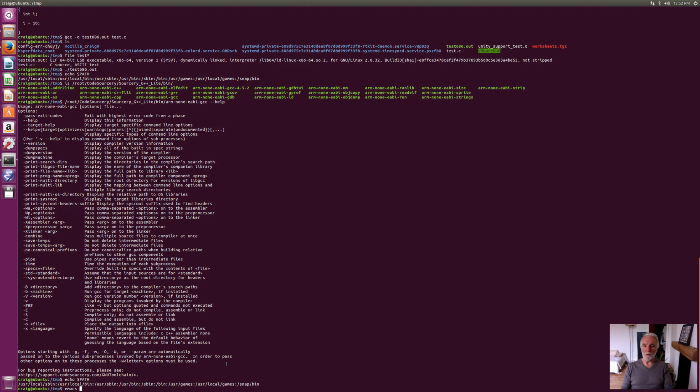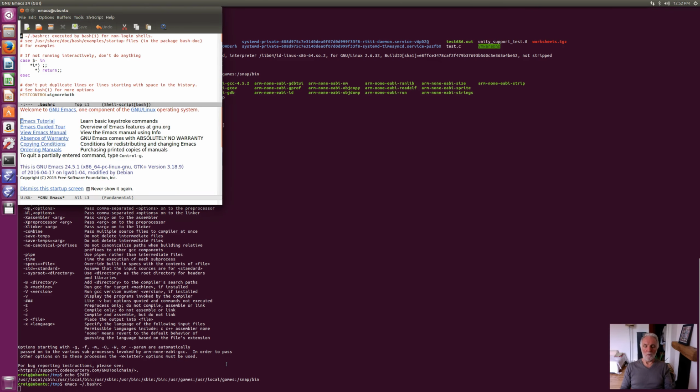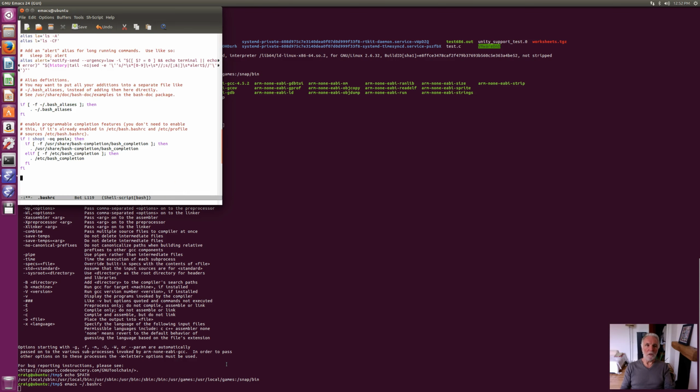Now, the way in which I'll do this is by editing the .bashrc file. Get rid of the nonsense, go to the end of the file, and I'll input PATH equals the contents of PATH plus, now I need that path name. An easy way of doing this would be to ask Emacs to look for me,